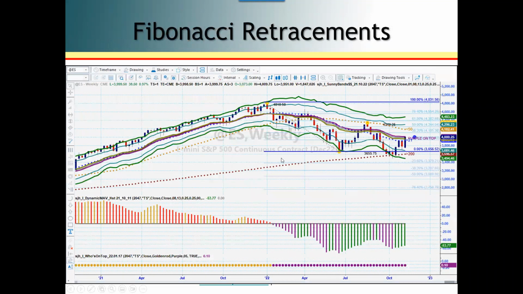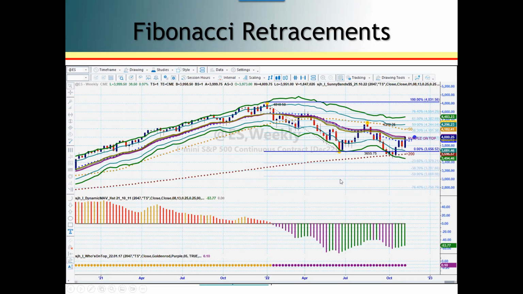Then I also look at Fibonacci retracements. You can see here from this high to this low is where I drew the Fibonacci retracements, right through there. And you can see Fibonacci is magical in that you can see it hit these lines over and over and over again, all those retracements. Now it didn't quite make it down to the minus 2360, but it tried the lower SunnyBands and gave